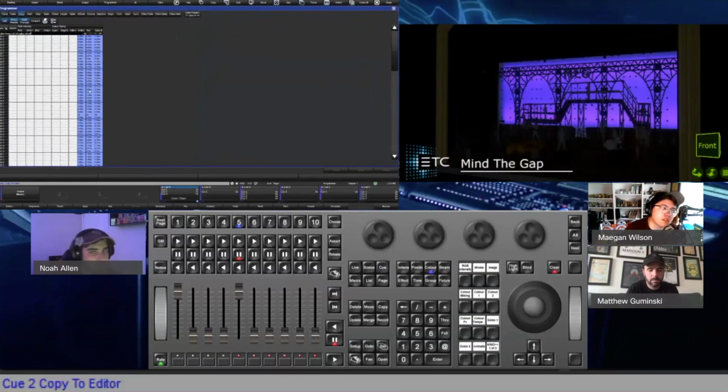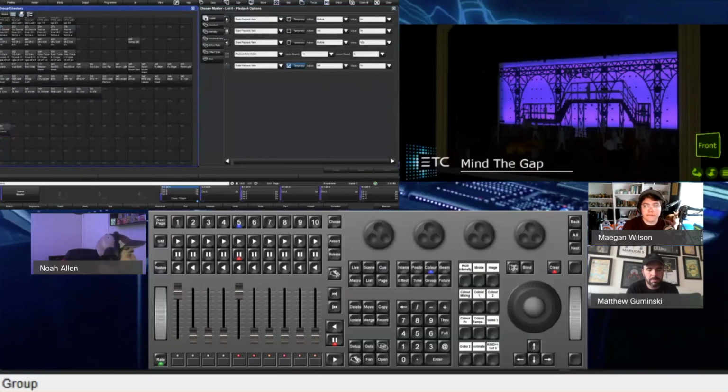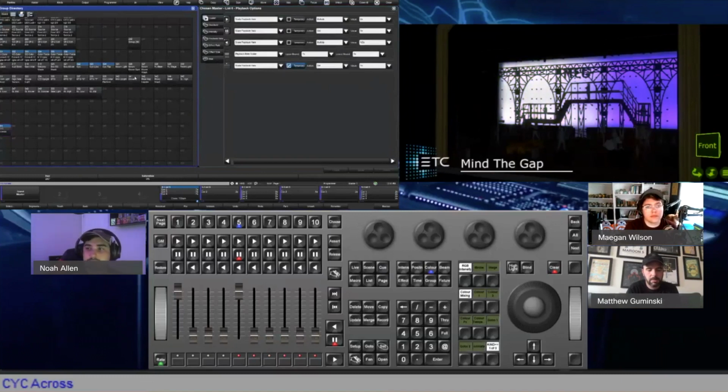So another way that you can suck values into the programmer is you could say copy to enter, and it just takes your source, which is Q2, and sucks it into your programmer. And so now we can change and add a new color. So if I were to pick a new color of, say, white,